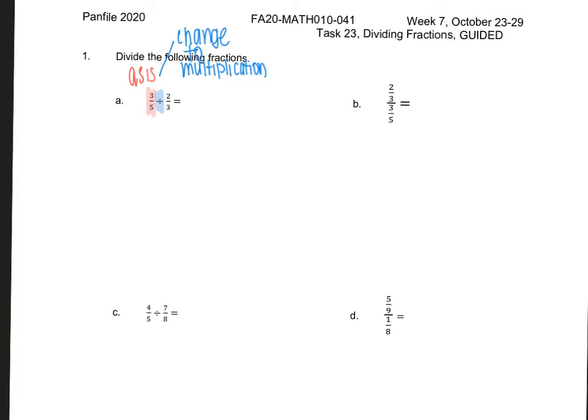And then for the second fraction, we flip it. And again, it's always the second fraction that we flip. If we flip the first fraction, you will not get the correct answer. It will not have the desired effect. So what we do is we keep the first fraction, we turn the division into multiplication, and we take the second fraction and we flip it,